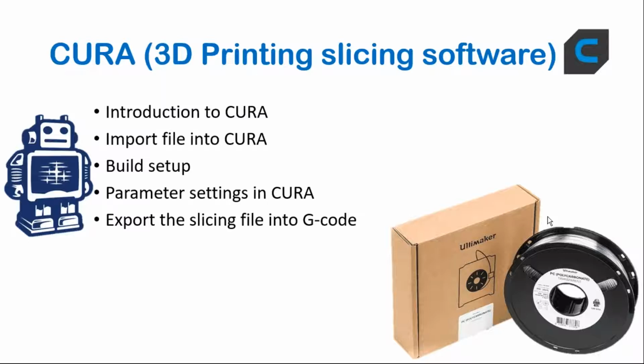Parameter settings in Cura: we will take the different parameters, like layer thickness. We have seen in the exercise also layer thickness, printing speed and infill density. There are so many, like orientation also, and infill pattern. Then we export the slicing file as G code. In input we are giving an STL file, but in output we are getting the G code. That G code we will put into the printer and print it. We will also see what the G code is. Like in CNC there is G code, like G01, we will read that G code file and show you that G code file, how to read and understand it.